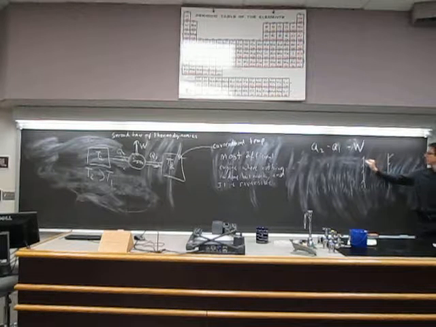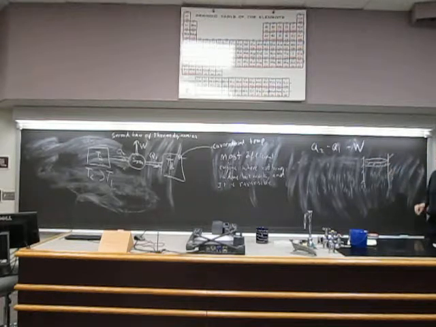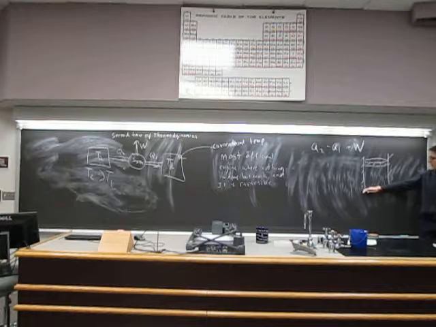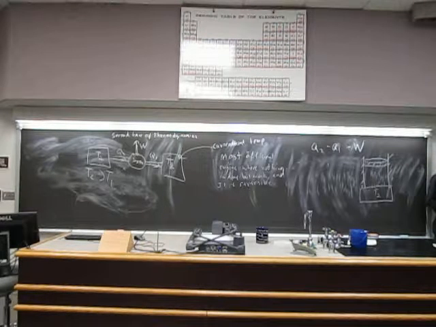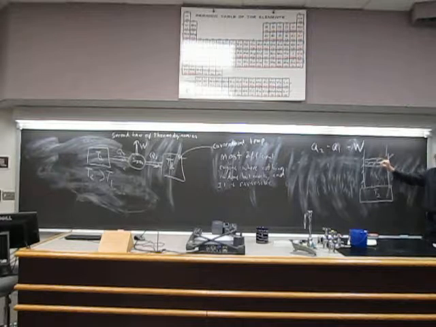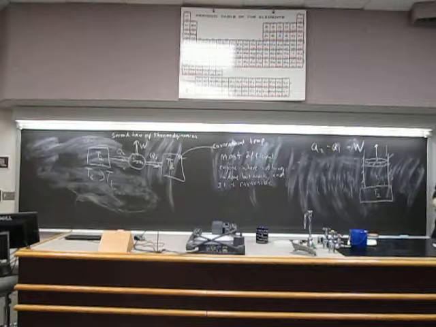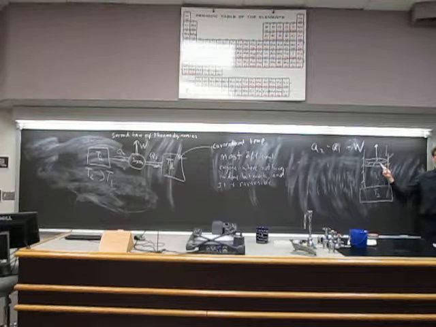Let's say I have a cylinder and a piston where the whole thing's insulated, except at the bottom, where this gets attached to some temperature T2. Okay. There's something held at temperature T2 at the bottom of this cylinder, and let's just say that the gas is T2 to begin with. Okay. If I start moving this piston upwards,